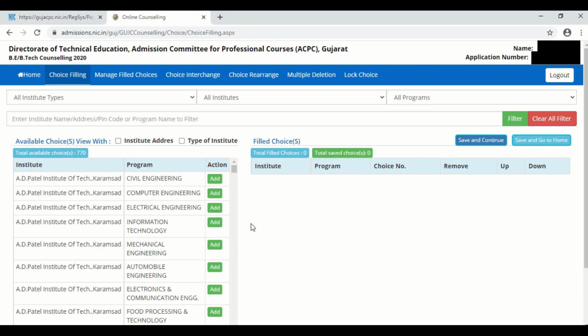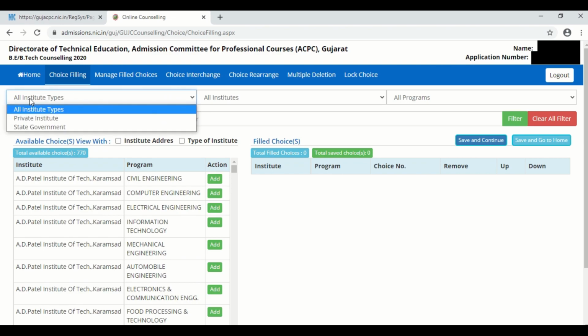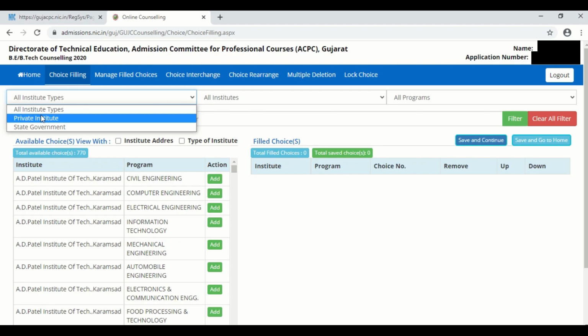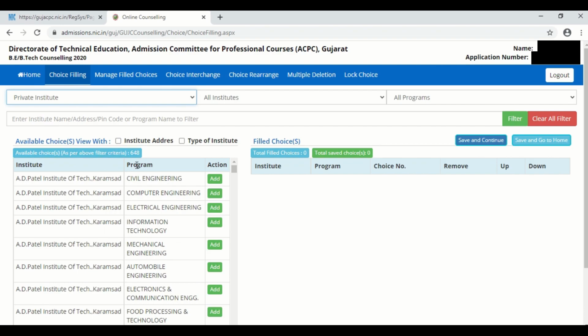After loading, here you see the same options that are available to you earlier in available choices. So let me first explain what happens when you select on all institute types. When you select all institute types, you can select private institutes, so you will be shown the list of all the private institutes, or you can select state government.